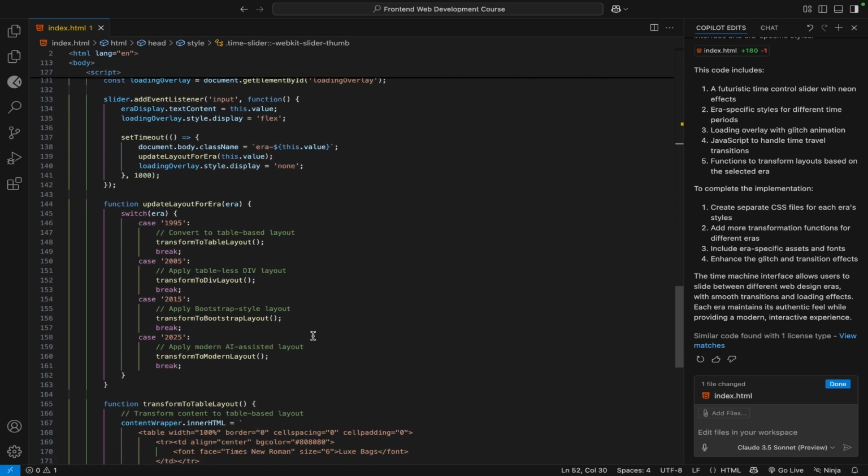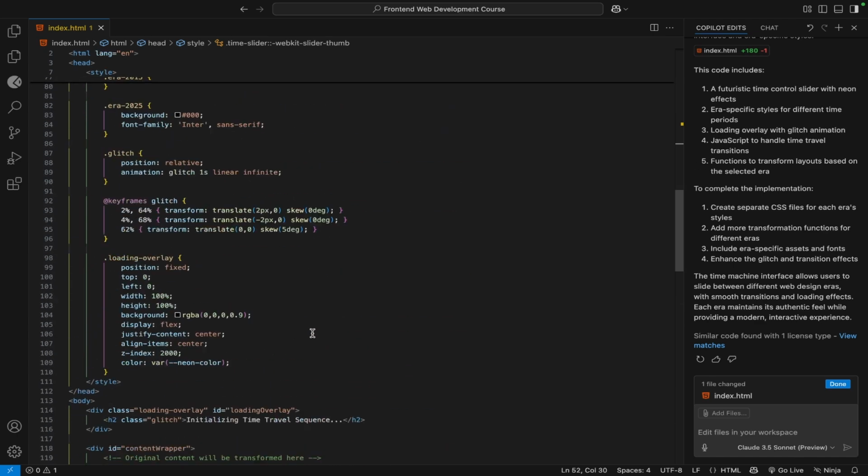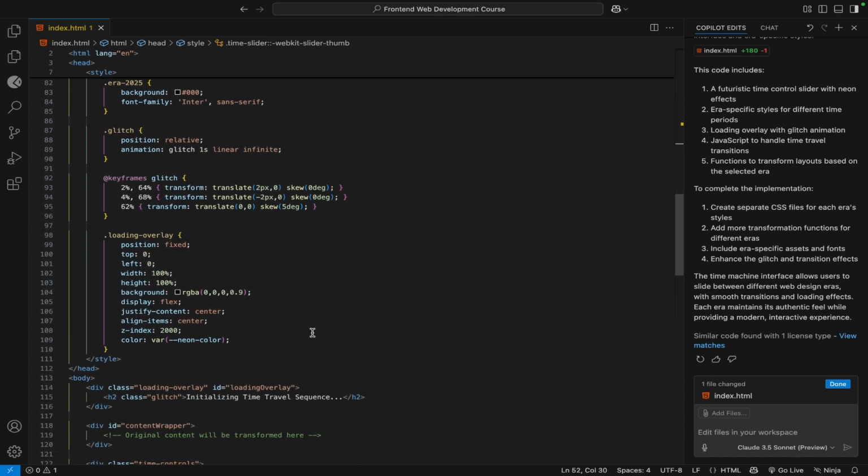So AI is more of like a tool you're going to be using, but before you use it, you need to understand what is happening here. You need to understand how to work with HTML and CSS and everything. Then we can incorporate AI into our code to make things faster. So that's what we are going to be doing for this